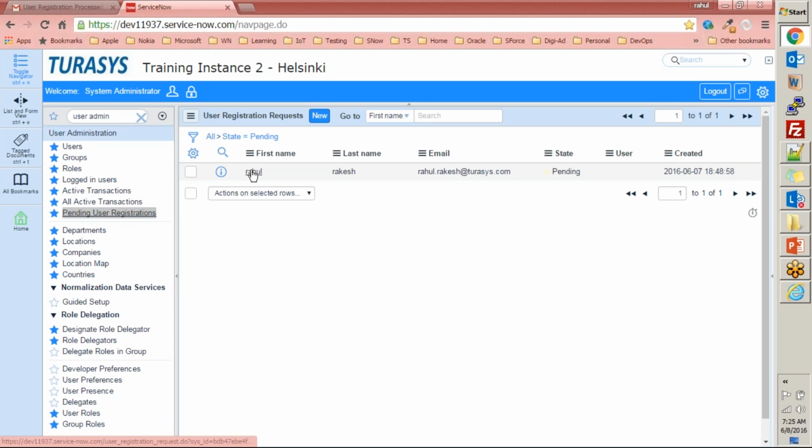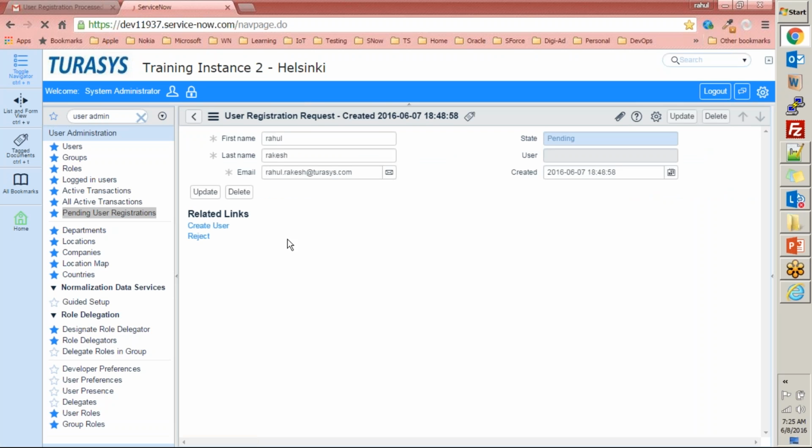I can go ahead, pick the user here. Now I can either reject the user account or I can create a user account by hitting this UI related link, right?